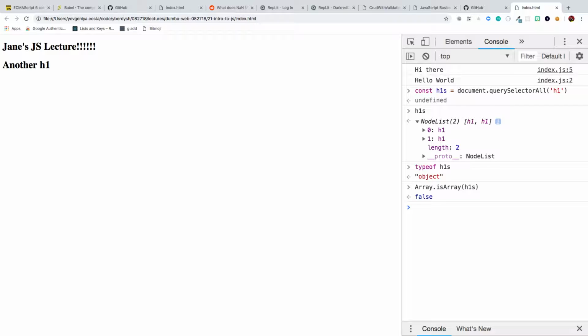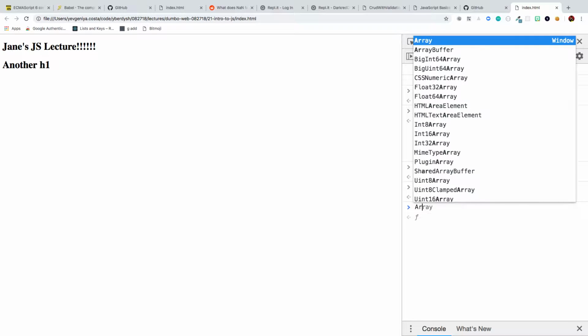I have helped multiple Mod 3 students before who have messed this up. They're like, I'm going to grab this whole collection, I'm going to do forEach on it, I'm going to do some array method on it to change something about it. And then it doesn't work because it's actually an array-like object. So when you experience this, you can force it into an array. Does anyone know how? This is just a side note for going into the future.